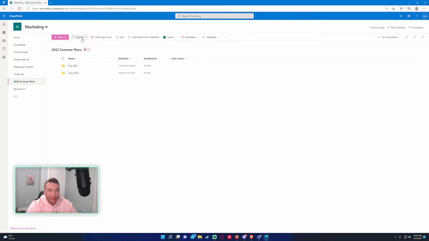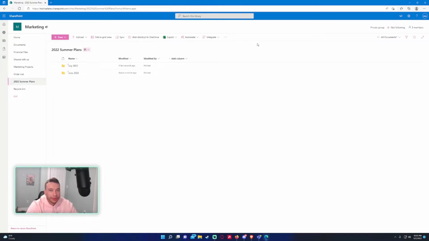For uploading files, there's an upload button here. You click on Files, Folders, Template. And you can also just drag and drop files from your file explorer on your computer. So you would just go into your downloads or whatever document library you're in on your home computer. Just drag the files straight into it. And you have grid view,